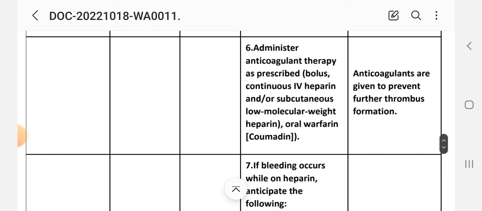Number sixth intervention, administer anticoagulant therapy as prescribed: bolus, continuous IV heparin and/or subcutaneous low molecular weight heparin, oral warfarin, Coumadin, rivaroxaban. Anticoagulants are given to prevent further thrombus formation. Number